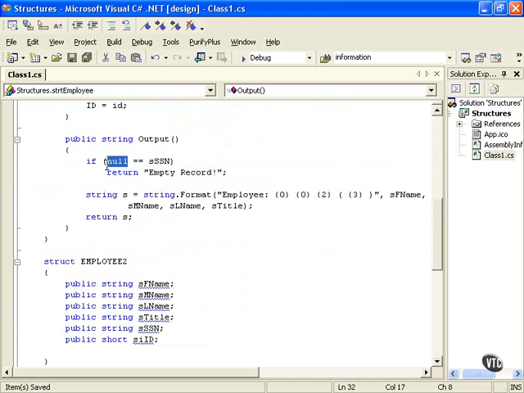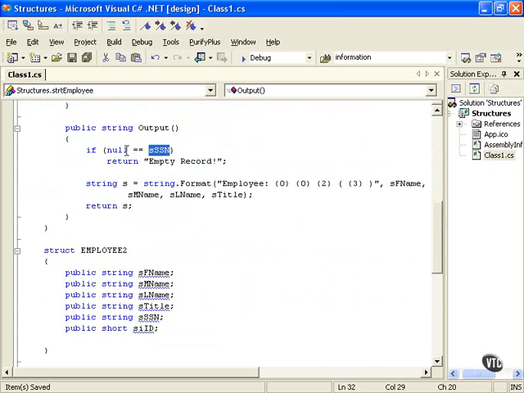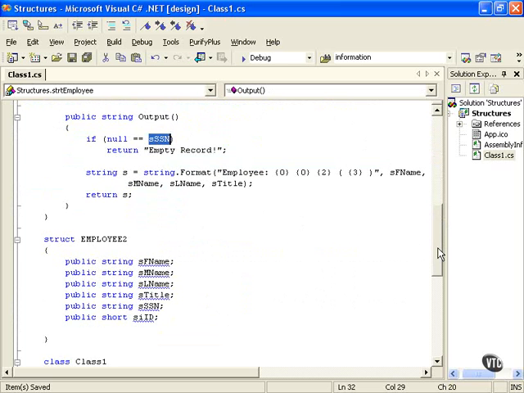And normally you put your null first because you don't want to make the mistake of assigning something to null. This is how it's normally done: null, testing equality, and then your testing variable, what you want to test. So if this is not returned, because return is going to stop execution and go right back and give this value as a string. So if this condition, this null social security number, is not null, then we're going to